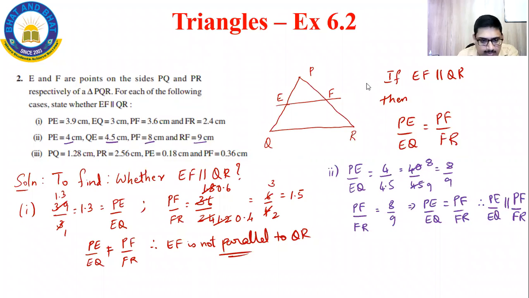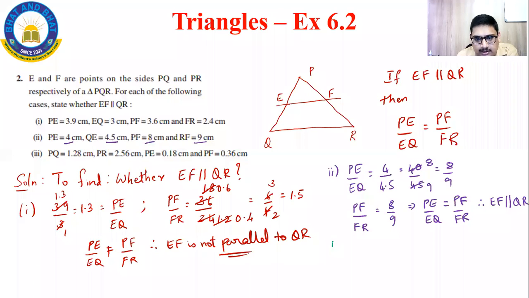Yes, students, I made one small error here, as pointed out by Niharika. Good, Niharika. See, in writing there is an error. So what is the error? See, this is not the correct way. So what should I write? Therefore, I should say EF is parallel to QR. This is right. Correct, Niharika. Good.